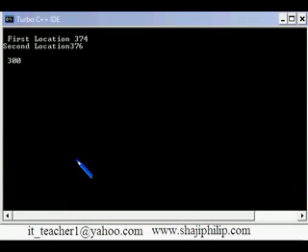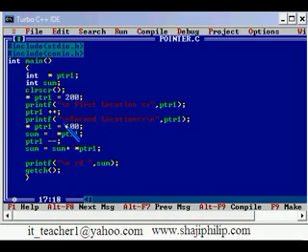So here first we save the value 200 into a memory location. That location's address is stored in this variable. After storing that value 200 into that particular location, we are using this pointer to point the next memory location, and in that memory location we are going to save the value 100.